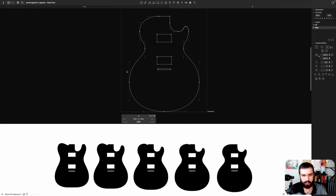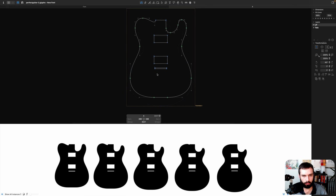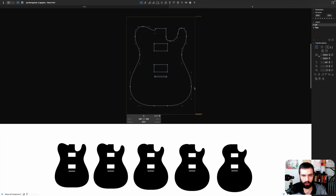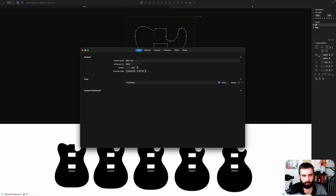And by the way, I traced these from photos I found online, so they may not be 100% perfect. I also made sure to draw them with points that would be point compatible, so there are exactly as many green points, as many off-curve points. Then I tried to keep the end of the neck, the humbuckers and the bridge in close proximity. And then I scaled these drawings to the actual scale that these guitars would be. So for instance,